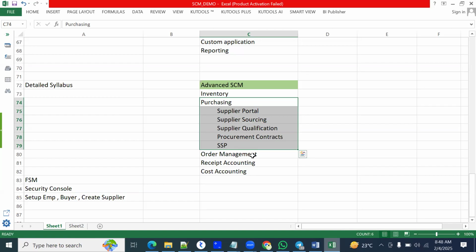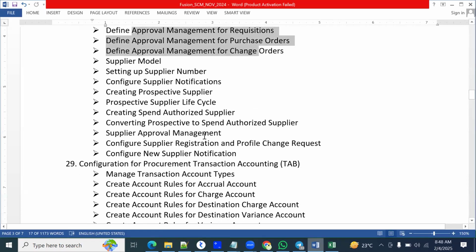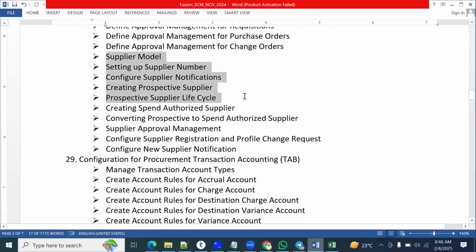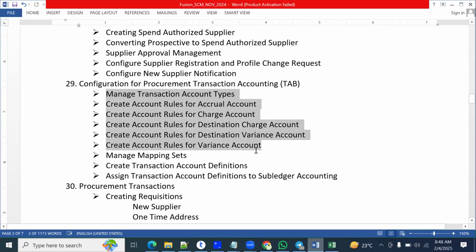Okay. And then let me just open the syllabus copy of the purchasing module. We'll talk about purchasing module setups and how we work with approvals in the purchasing module, setting up the supplier lifecycle, supplier approval process, and also configuration of the accounting, the Transaction Accounting Builder. This is very important, TAB accounting options. So we'll be discussing how to manage all these transaction accounting definitions, setting up the rules,